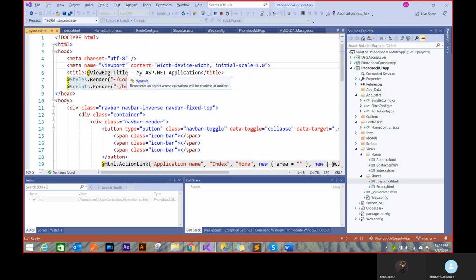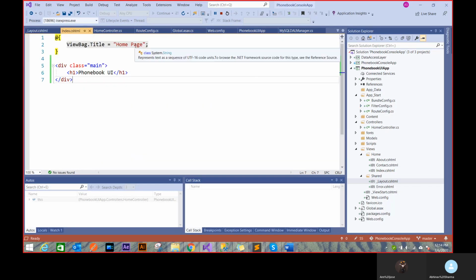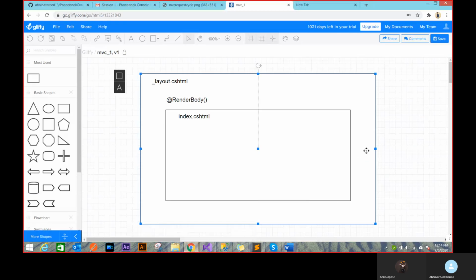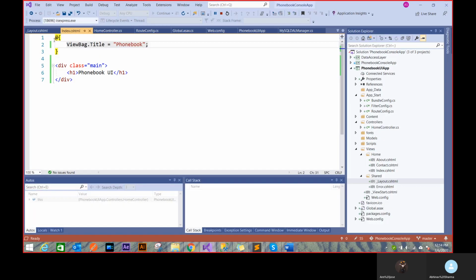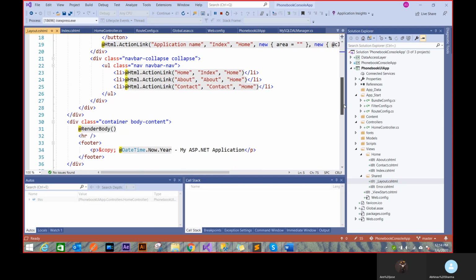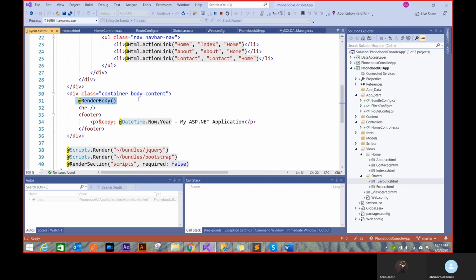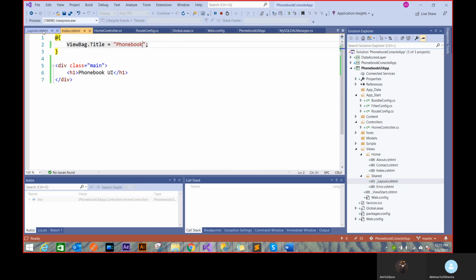So now how is ViewBag.Title filled with homepage? If you look carefully at my index.html, I'm setting a ViewBag.Title on top. If I change it to phone book, this index.html is contained inside that layout, as I told you in this section. And this layout has this index.html using this convention. If you look at this layout, you'll see there's something called RenderBody. This is a very generic function. Anything using the layout will have everything pasted here inside RenderBody. So my whole div is pasted inside RenderBody.